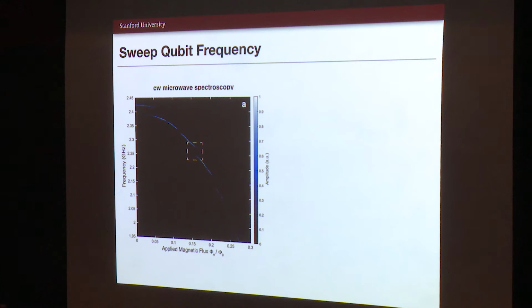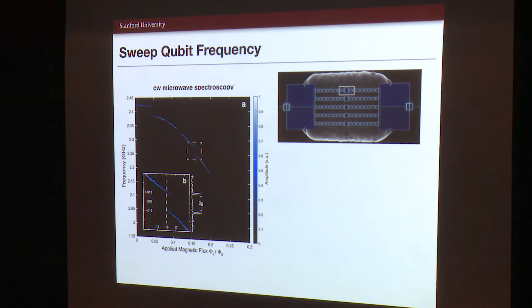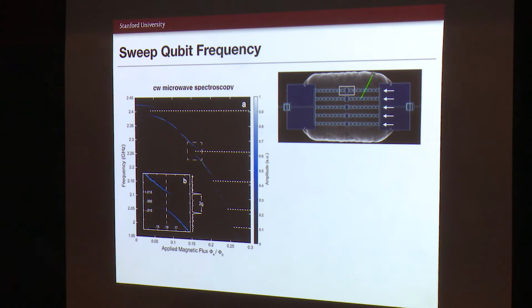Okay, so one of the things we do is we sweep the qubit frequency, and as you sweep it, you see a series of anti-crossings, and these correspond to the different mechanical modes in the structure. There's also some anti-crossings that we understand a little bit better now. Our band gap had actually already ended a little further up, so these are probably standing waves inside the shielding structure.